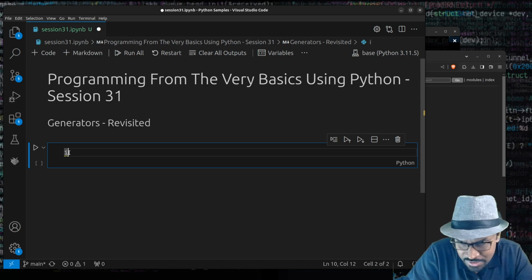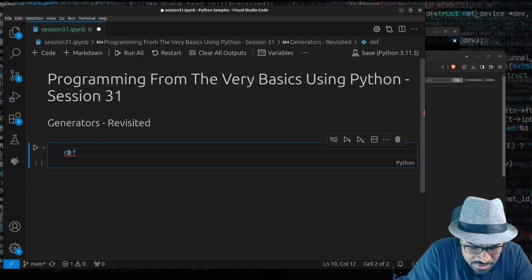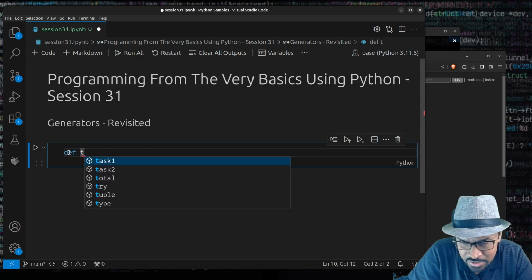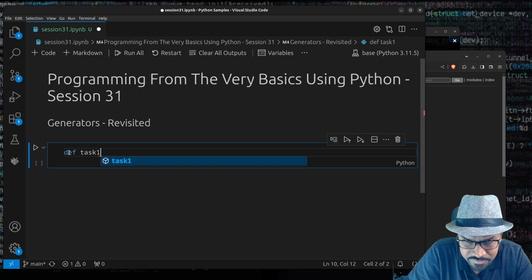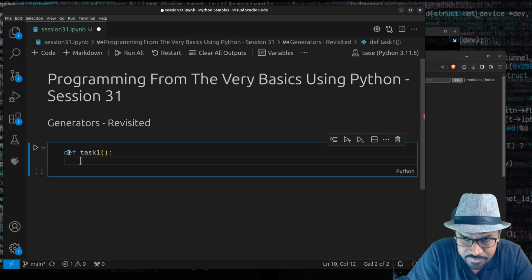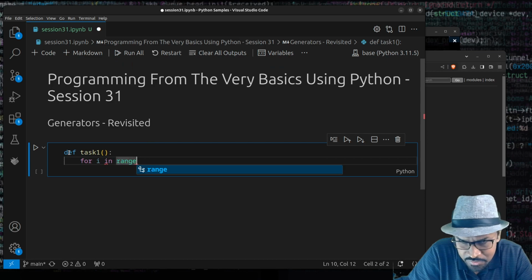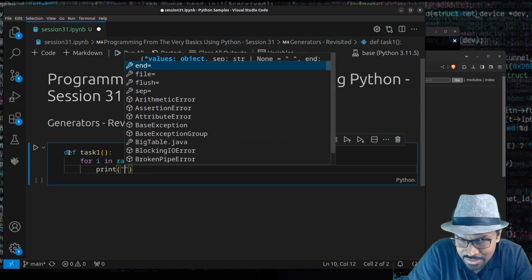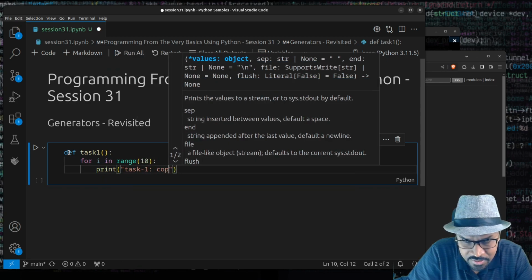Now, first of all, let's assume that I have a function here. I'll create two functions. Let's call the first one task1. Inside this function, I'm just going to use a for loop with a simple counter, which is just going to print messages on the screen, nothing more. So I'm just going to type task1 counting